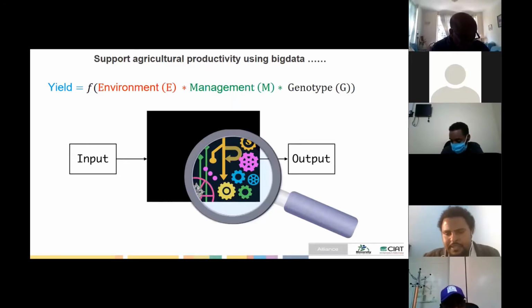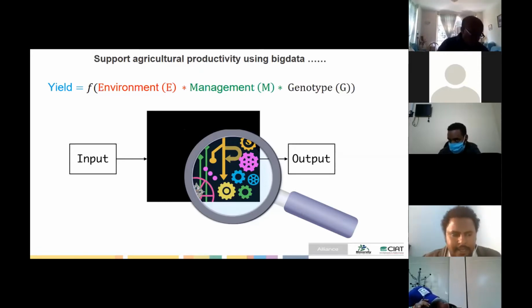Even though there are a lot of efforts considering one or two environmental variables, for example, topography, or agroecology like OFRA, our approach here is to use a big data approach where we consider not only one or two factors, but all environmental factors as input, and then estimate yields. In that process, the environmental factors are static, but for the management factor we can provide some recommendations. We have options for the management.